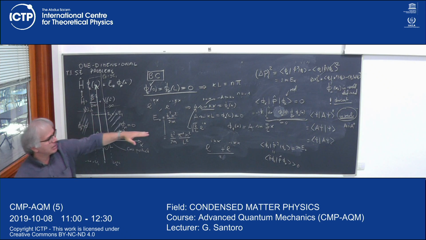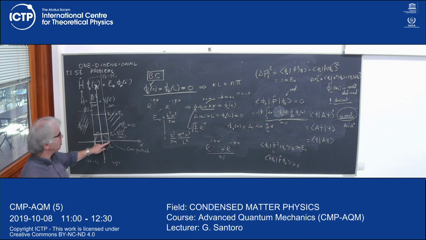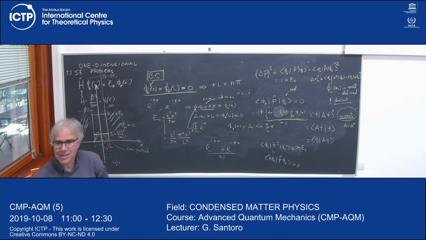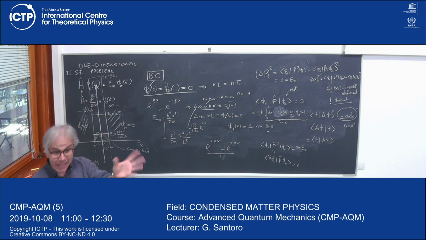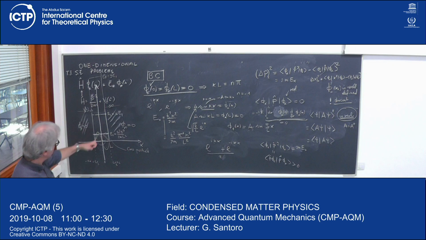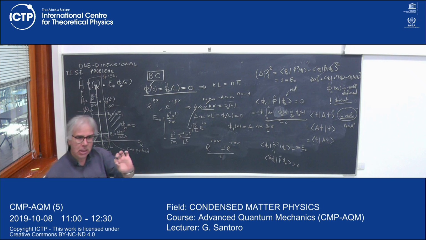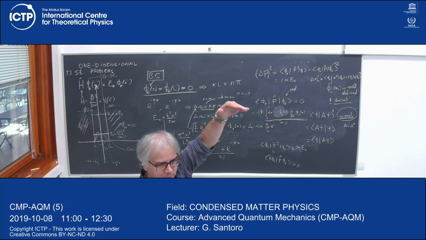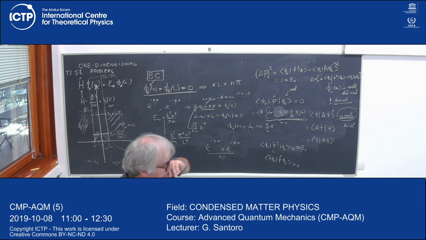So these, which with this origin were a sequence of sine wave functions, if you move the origin, will be an alternating sequence of cosine, sine, cosine, sine, cosine, sine. And an alternating sequence of even, odd wave functions. So you can even classify the parity of the eigenfunctions if you select the origin in the middle, and you would understand that the ground state is even, the first excited state is odd, the second excited state is even again, and so forth.